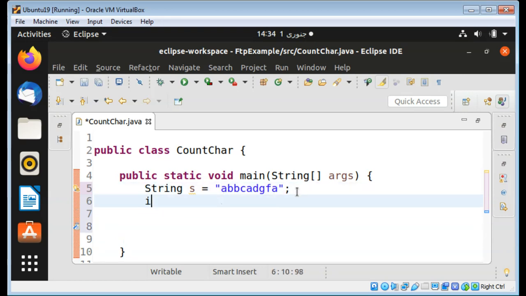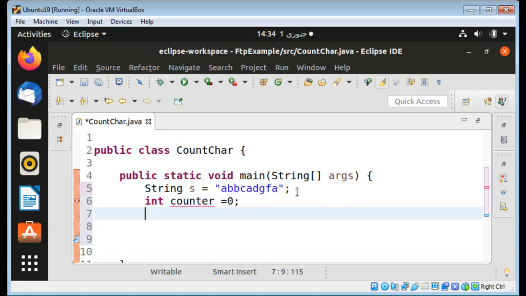So I'm going to use a counter, an int type variable, and set it to 0. And in a for loop, I will use int i and initialize it to 0, and then i less than string's length, and then i plus plus,